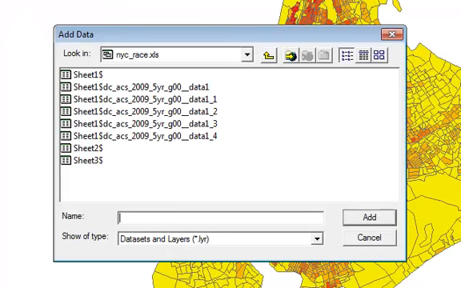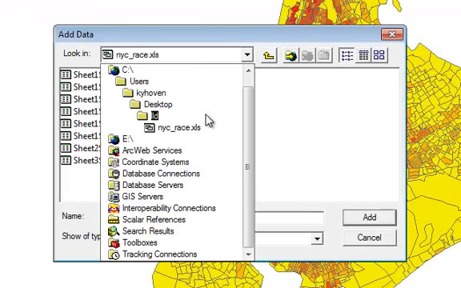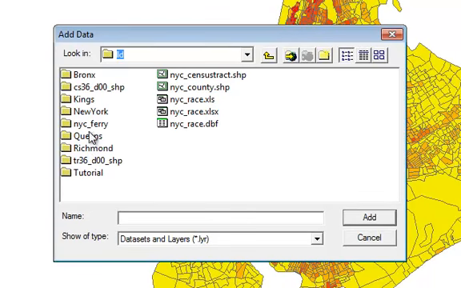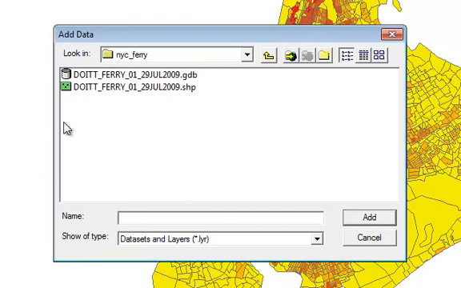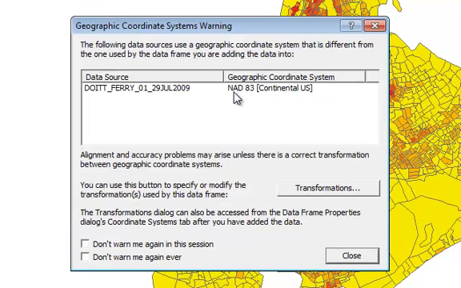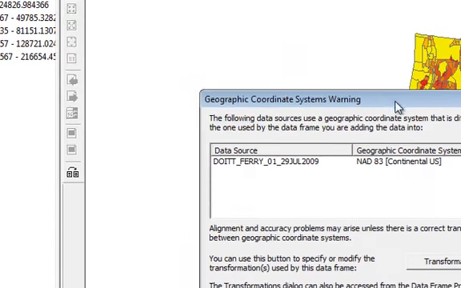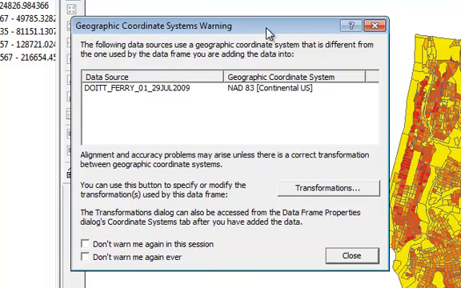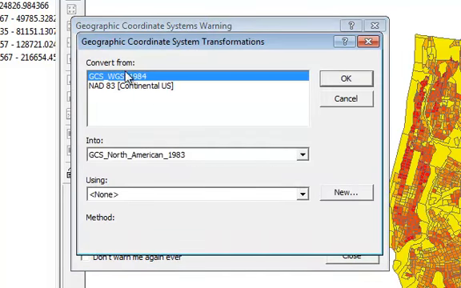So when we go to add that data, the shapefile, you'll see that its geographic coordinate system, which is what we assign in our catalog, is NAD83, which means if we were to just apply it, it would not line up with the map that we have already. So in order to make this work, you click on transformations, and then there's again this syntax where